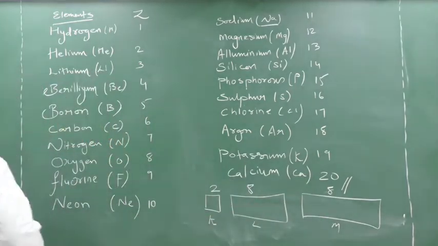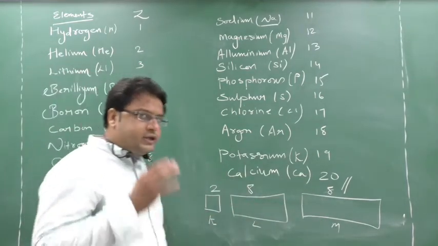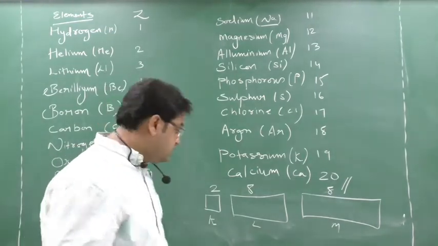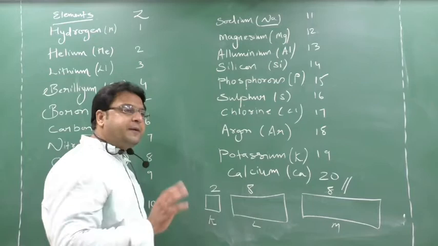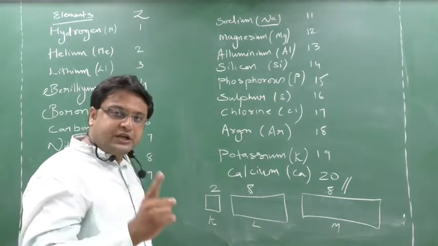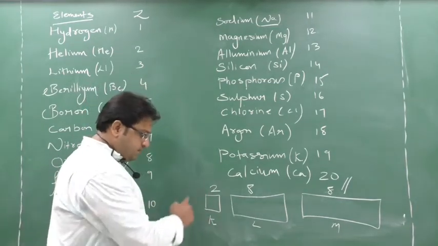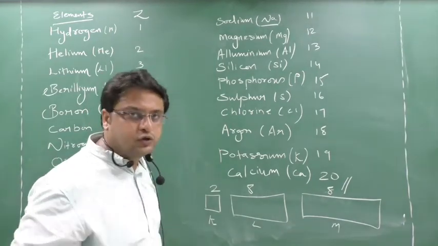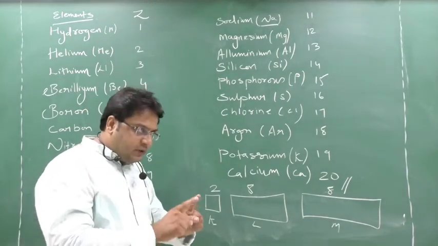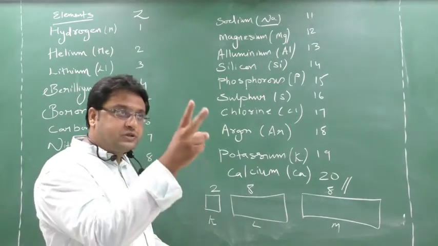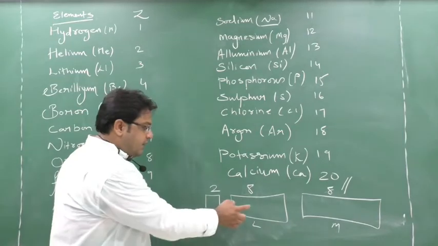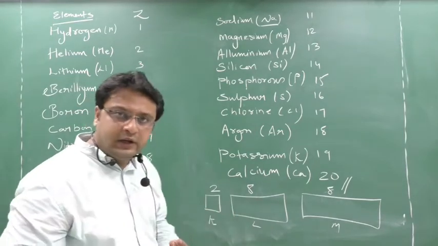Now the hotel owner is a bit of a mental fellow. He wants to accommodate people in the first room first. Suppose 6 persons have come to stay in the hotel. What will he do? He will tell those 6 persons that 2 of you will come here, and the remaining will go to the next room. Clear?